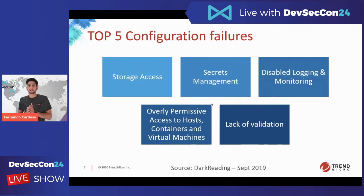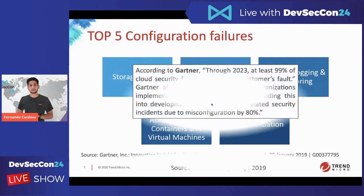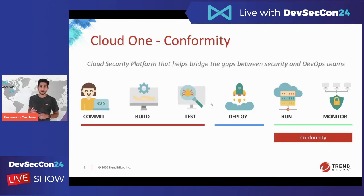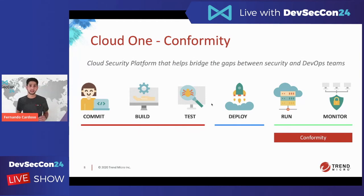It is very important not just to validate your production environment, but also to validate your infrastructure as code before you build those environments, right? And if you see here in the Gartner, through 2023, 99% of the cloud security fails will be because of customer faults. It's important to remember that through 2024, organizations will be using CSPM as a way to fix those misconfiguration problems in the cloud. And this is why Trend Micro bought Cloud Conformity last year, and we rebranded it as